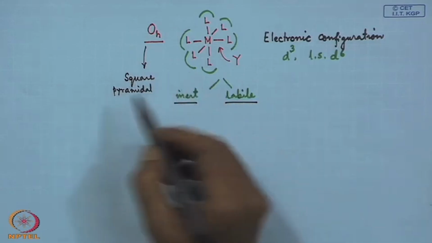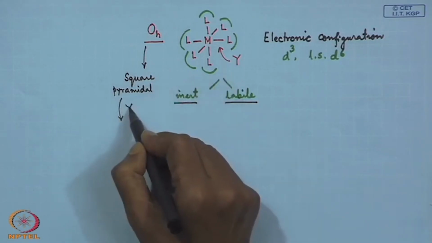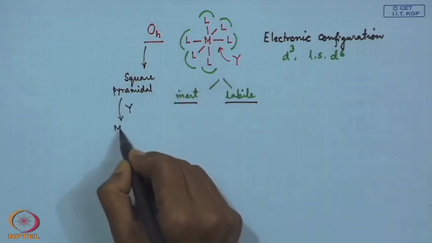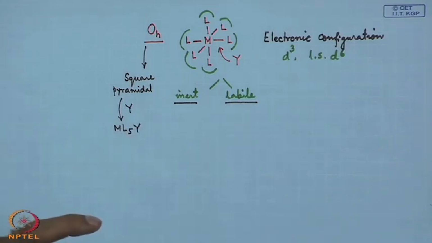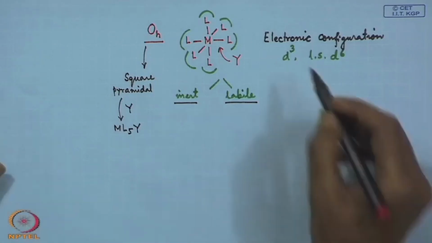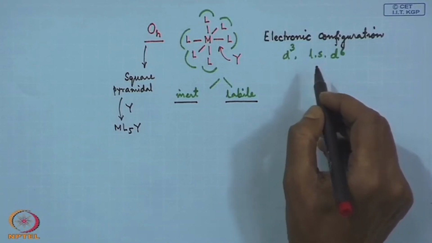And this square pyramidal center then accepts Y, giving ML5Y. So, if we consider that there are some electronic configurations for these metal centers where we can have some certain amount of stabilization,